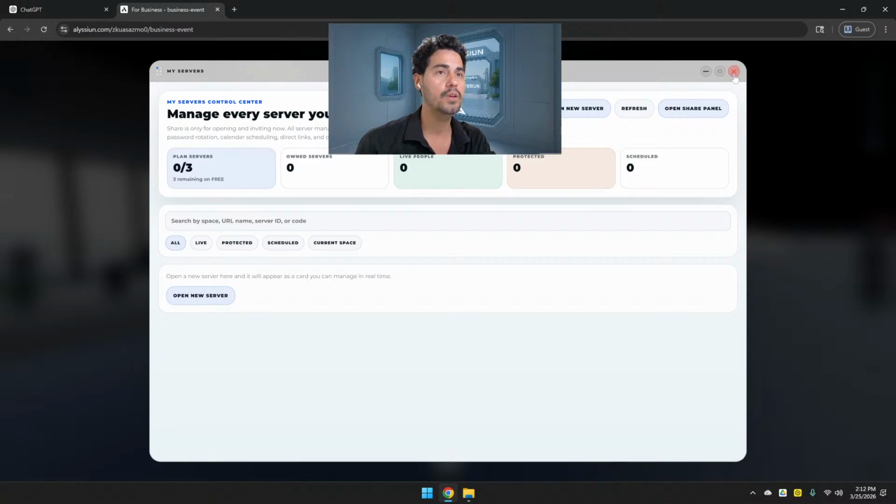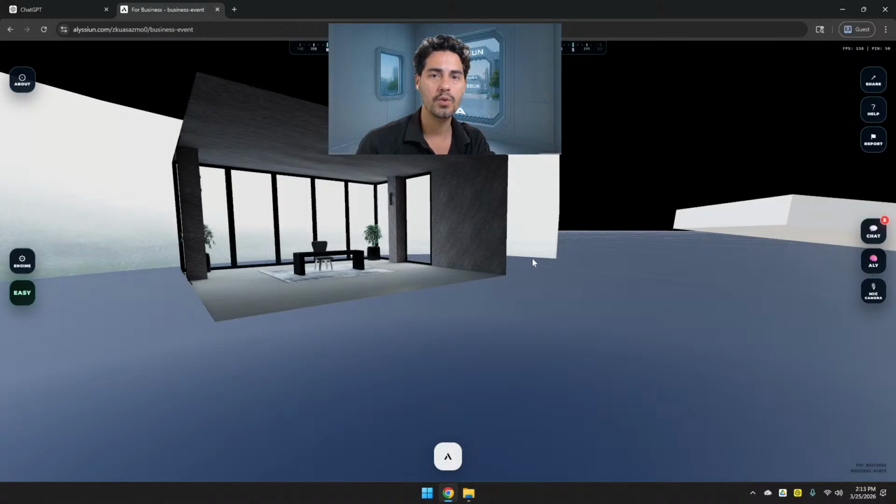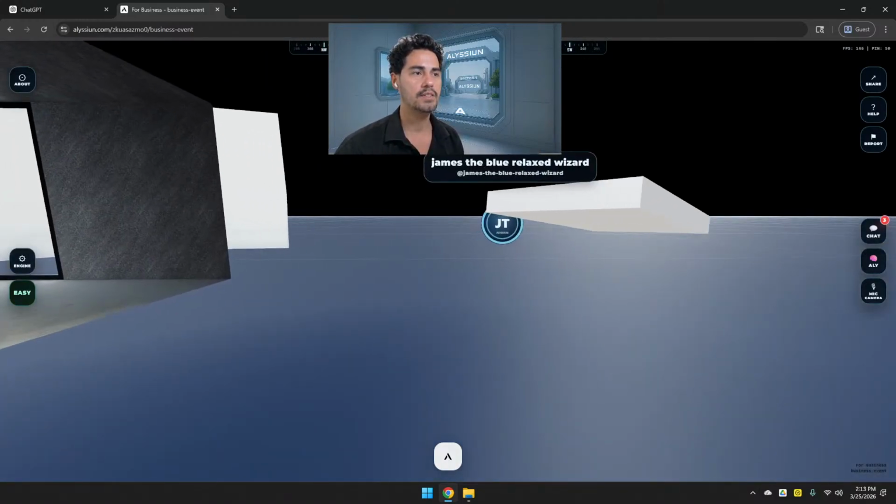Something that is pretty cool that we have is that you can also add a calendar. So the server is going to open and close its doors automatically. You share the server everywhere you want on social media. If you set it from 2 to 4 and someone accesses it at 5, it's going to show a really nice message with the picture of the space, the thumbnail, and say come tomorrow. If it's tomorrow at 2 p.m., it says exactly the time plus a countdown. Really cool feature when you want to create a community. You just set a time, focus on marketing and share the link, and everyone with access can even put in their email. The system is really advanced. You're going to see that coming.